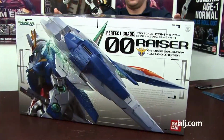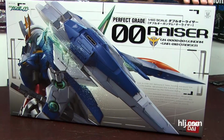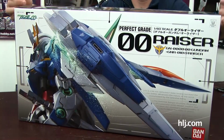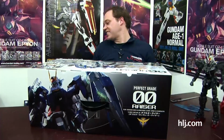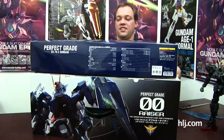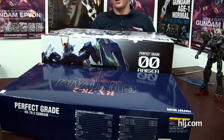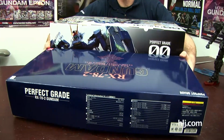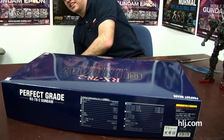00 Riser. This guy's like 3 years old now, and this is one monstrous kit. And you can say, well, that box is huge. I mean, it is huge. It looks pretty standard, but when you flip it this way, yes, it's so fat. It's like two of them. Here's the old RX-78-2 box. I'll put it right there. With the 00 Riser, you're basically getting twice as much plastic. It's pretty crazy. And before we get on to what the 00 Riser gives you, we might as well have a